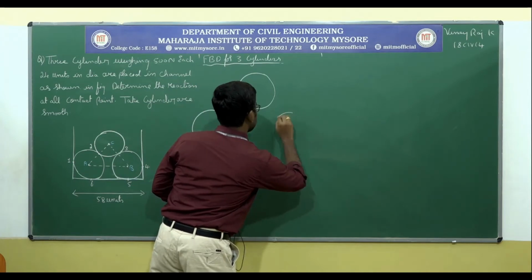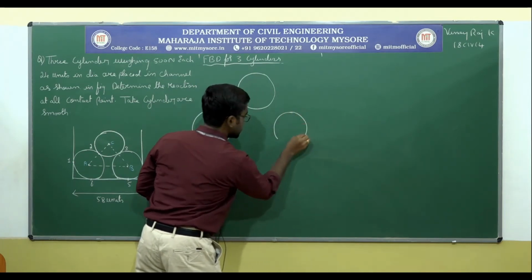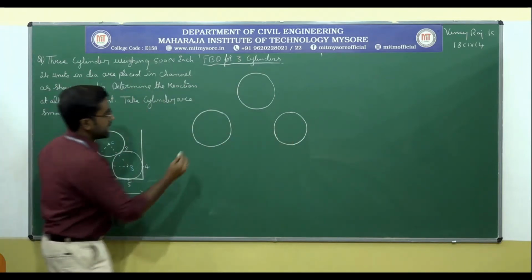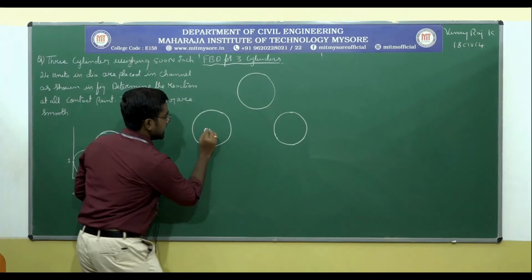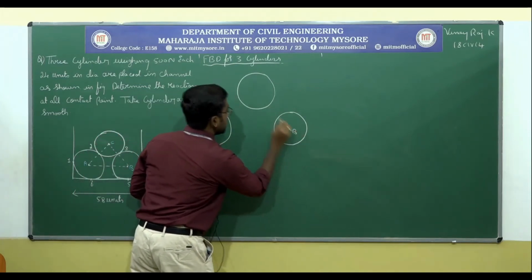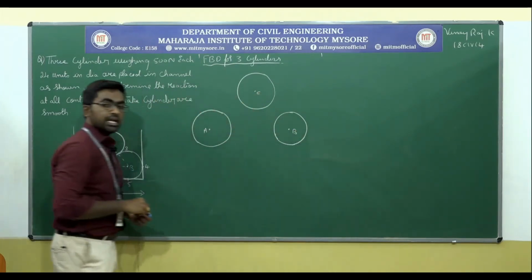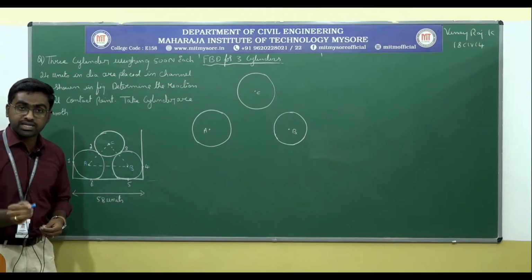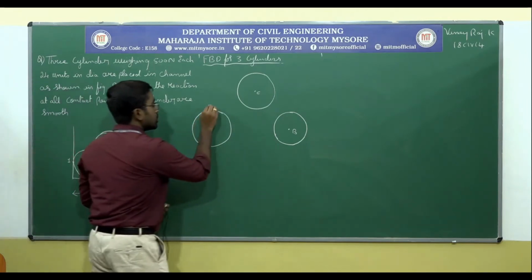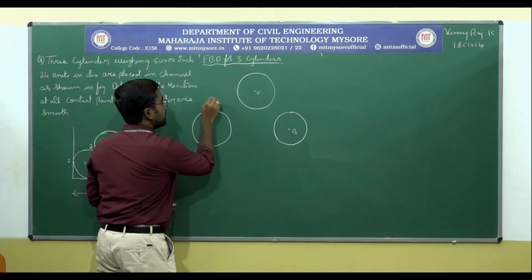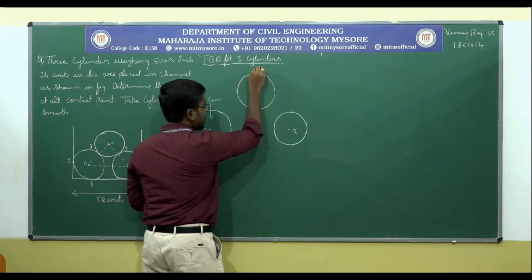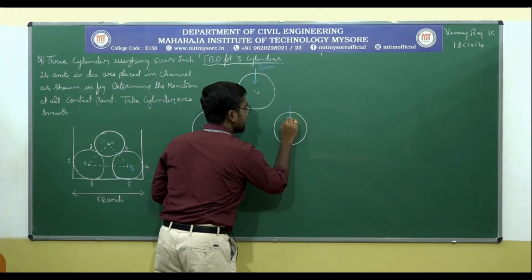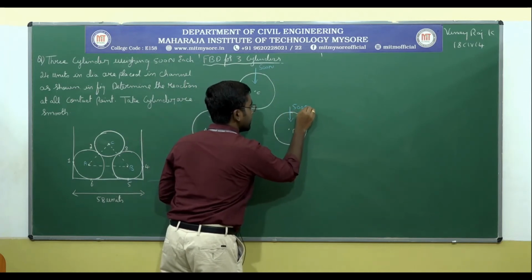So these are the 3 cylinders. I have given some gap between the cylinders. This is how you need to write the free body diagram. So this is cylinder A, this is cylinder B, this is cylinder C. Let me mention the self weight, and always the self weight of the cylinder will be acting downwards and it will be vertical. So the self weight is 500 Newton, the self weight of all 3 cylinders is the same.